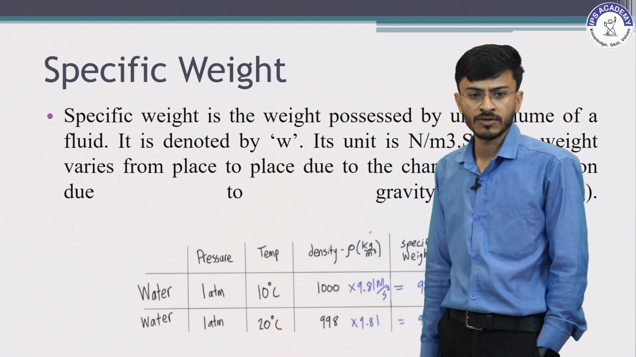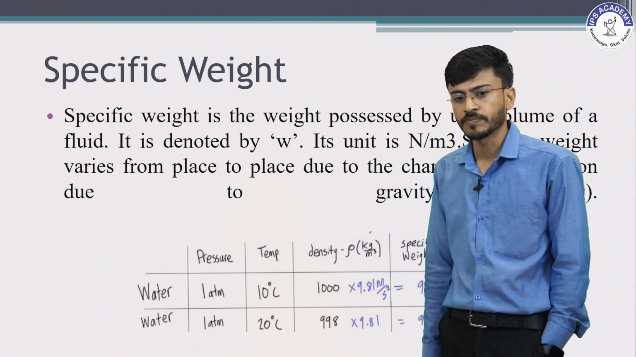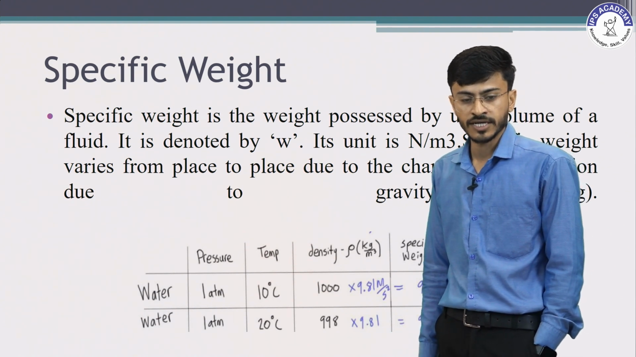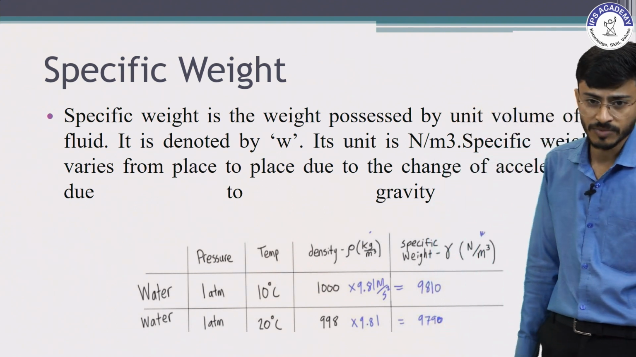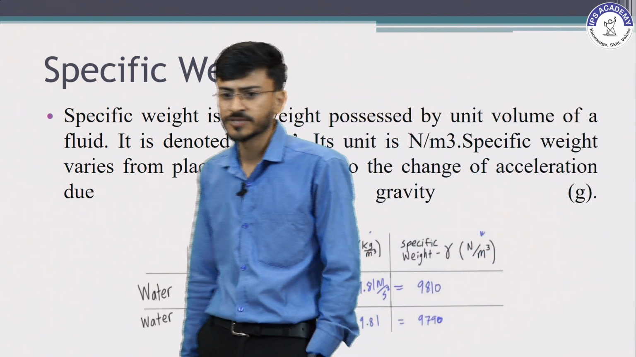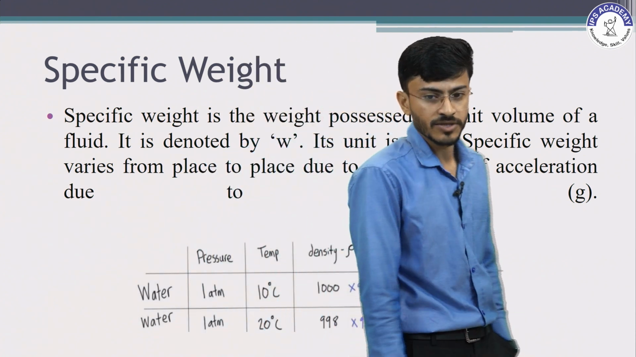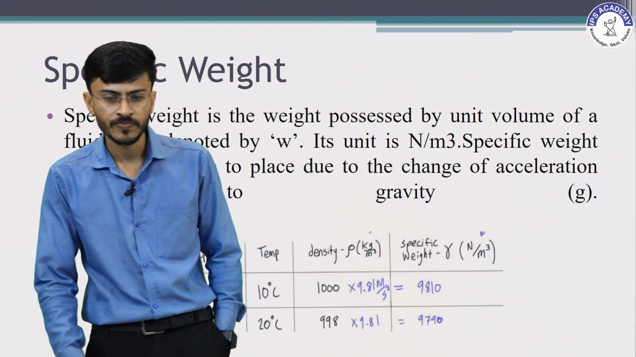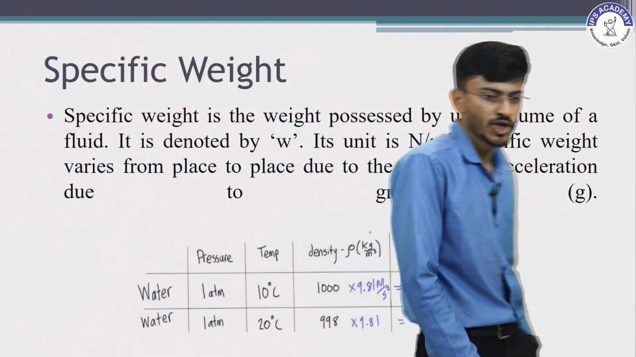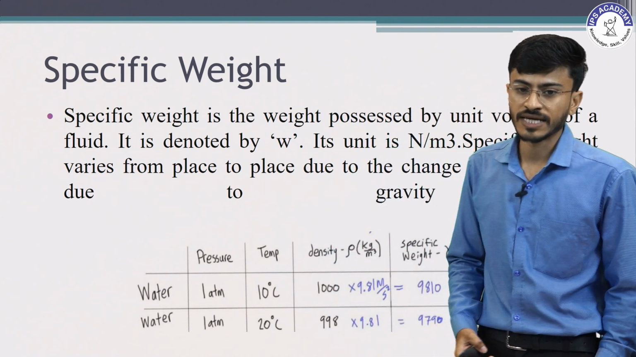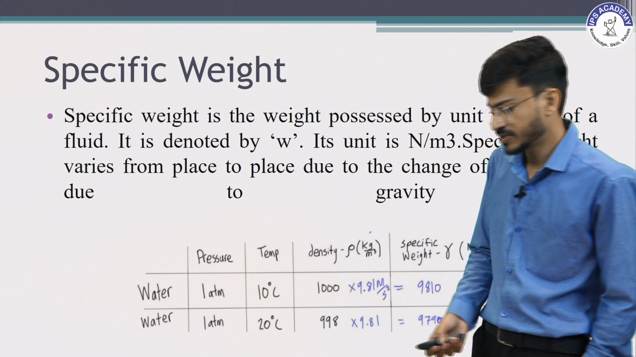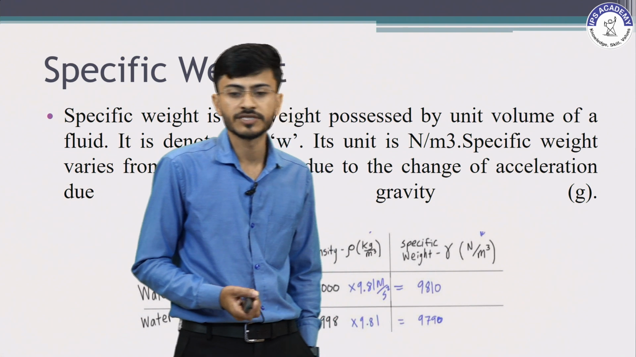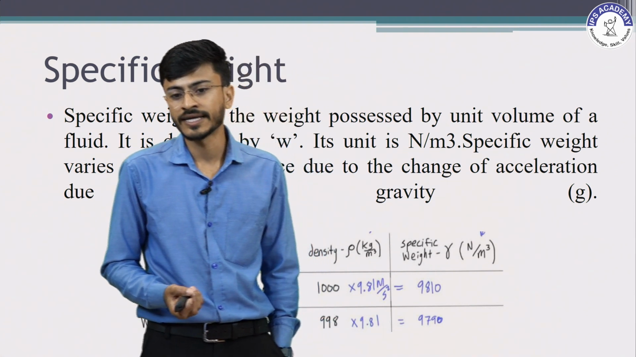Here I have taken some examples of water at 1 atm pressure. The density of water at 10 degree Celsius and 1 atm pressure is 1000 kg per meter cube. Now if we want to calculate the specific weight in Newton per meter cube, we have to multiply it by the gravity. Simply, it's weight by volume. In density we calculate mass by volume, while in specific weight we calculate weight by volume. So if we multiply 9.81 meter per second square by 1000,